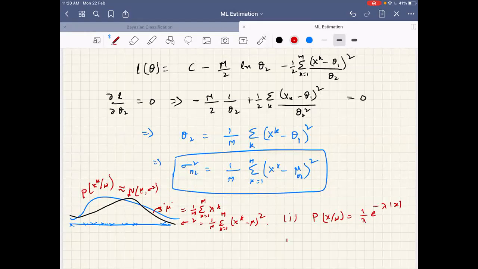So you can do similarly a few other examples. You can consider Rayleigh distribution, where it's only one-sided, on the other side it is 0. Or one-sided exponential also you can consider. Many such examples you can do. The second example is P of x given omega, where it is 2 by lambda, maybe, just check, lambda times x for x greater than 0 and 0 else. For this, what is the estimate of lambda hat? The ML estimate of lambda you get. You can take these examples and check yourself.